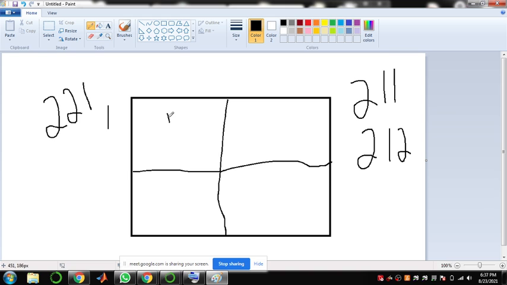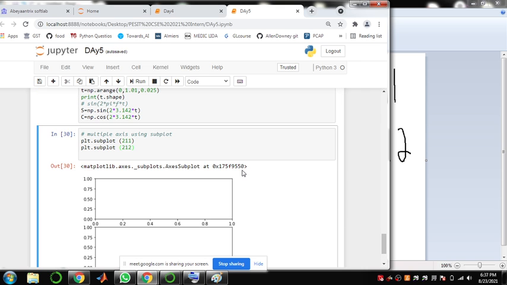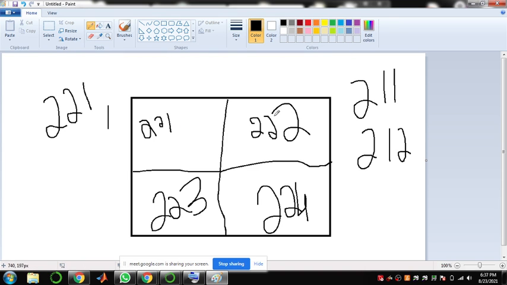This one is first, and this will be your second, third, and fourth. So you have to prefix it with 2 into 2. That will give you the 4 axes required. You can create any number of axes, but 2 into 2 means it will be arranged in a square format.